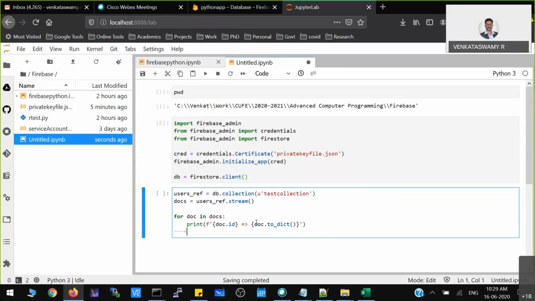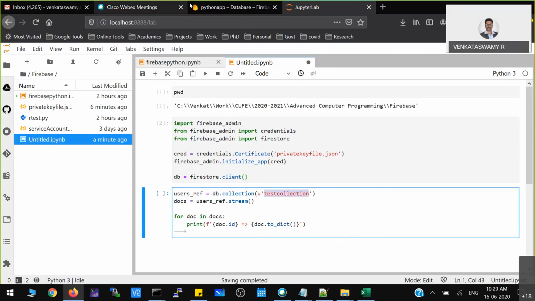So you establish the client. Client means from your machine you can connect to Firebase Cloud. Now this particular retrieval is basically retrieving data from Firebase. To retrieve data from Firebase, you have to mention the collection name.